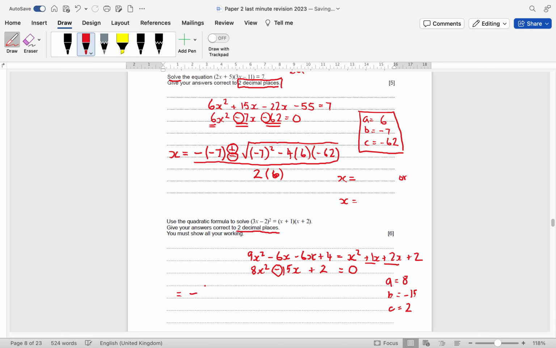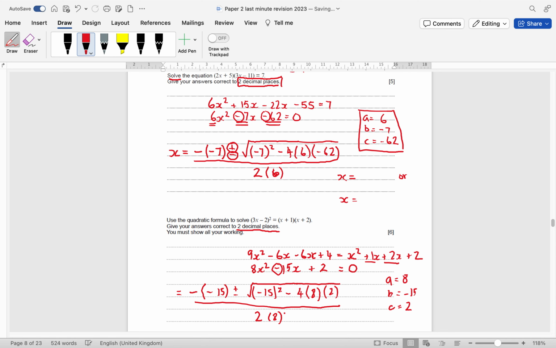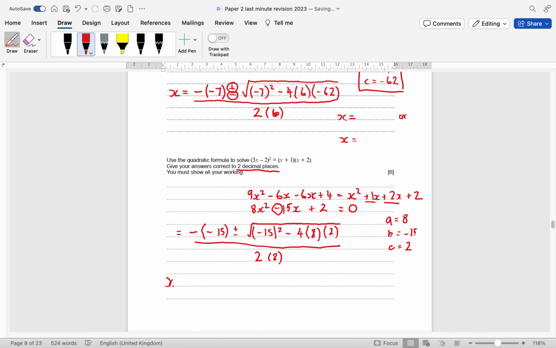Minus B. B is going in there, but B is minus 15. That happens so often that it's minus minus. Plus minus square root of B squared, minus 15 squared, minus 4AC. C is positive this time, okay, different. All divided by 2A, and then X equals into your calculator with a plus to get your first answer,